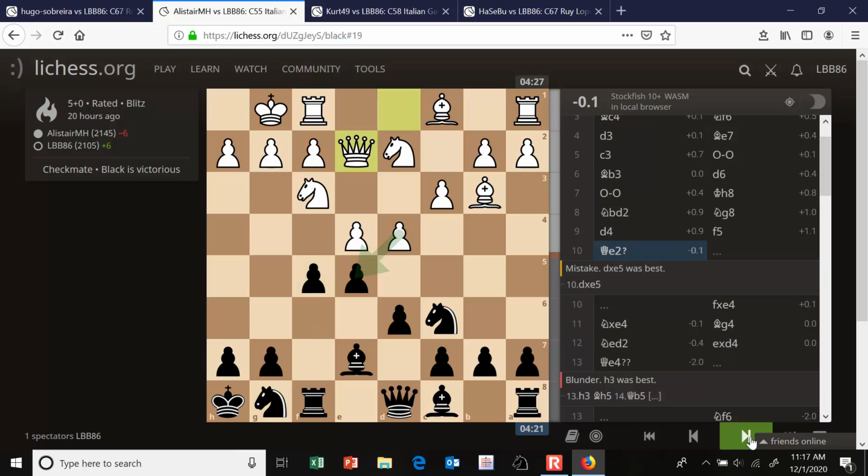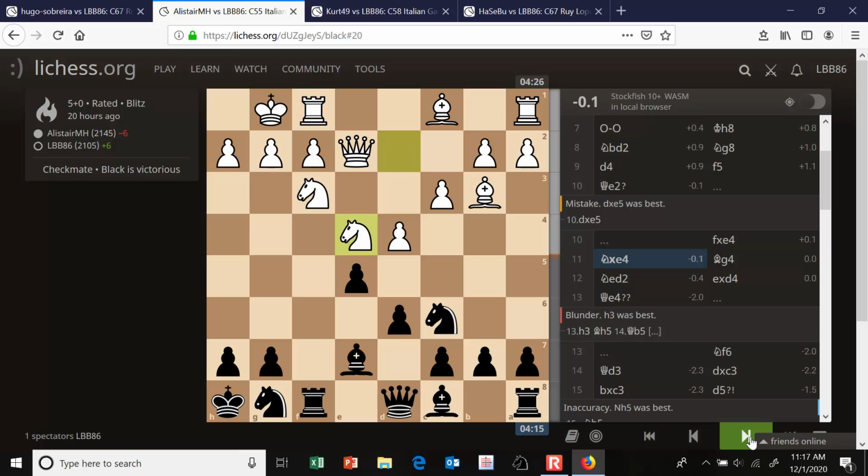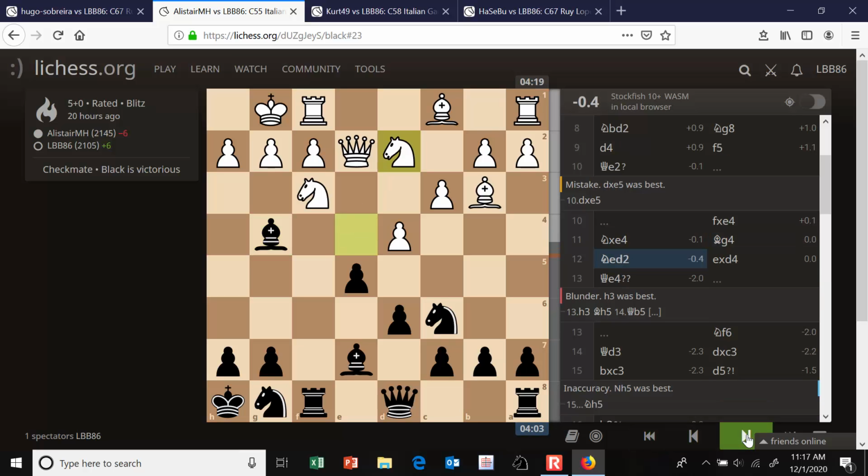Queen e2. Okay, I took, he takes, I pin the knight, and I'm threatening it with both the rook and the bishop, so he'd have to take back with the g pawn if I take it. So he falls back with his knight. And then I take this pawn,